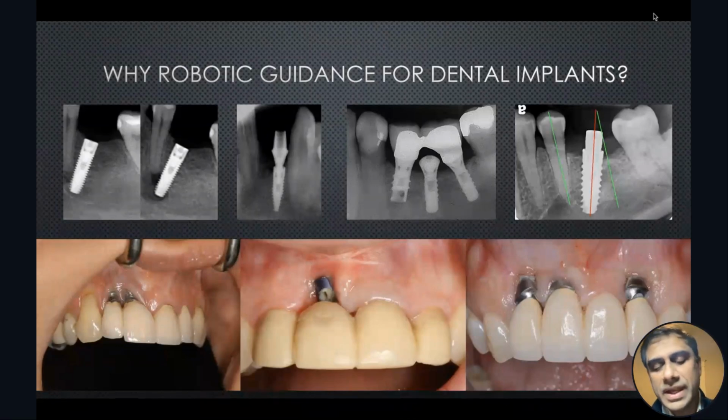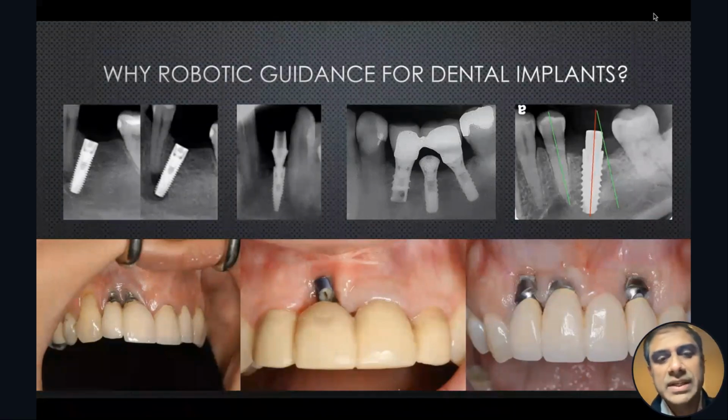And we can go back home and say, okay, yeah, I probably did a great job today. So it's important that we integrate some format of technology to understand that it's all about the planning. It's not just about going and blindly trying to place the implant in the best location possible. So we can completely eliminate that, and it's time to move out of situations where we are talking about a